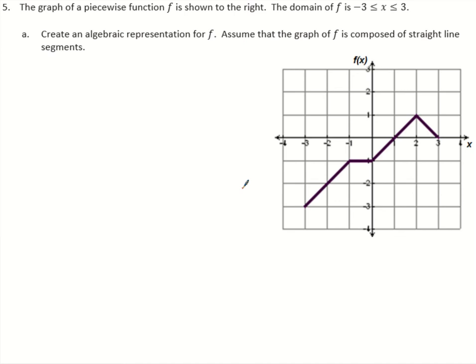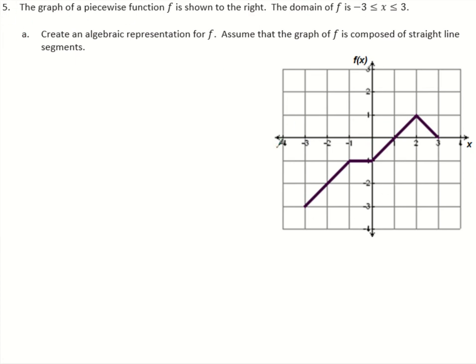Hello, class. As I mentioned at the end of class yesterday, I was going to record a video that goes over the last question from that review sheet that we weren't able to go over in class, just so that you have it and are prepared for when we start that test on Friday. So, what we need to do for question number 5 is we are going to start with this graph